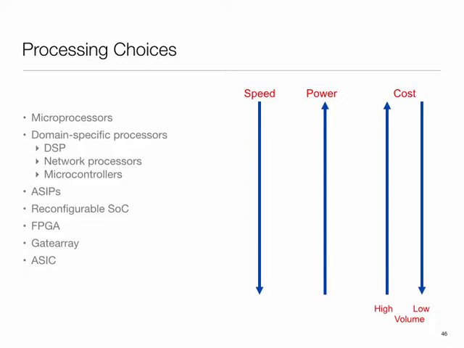And basically what it boils down to is what speed, power, and cost structures you have. Higher up you are out here, your speed is going to be lower, needless to say, because if I'm out here, then I can specialize things a lot. So performance improves. Power increases, which means it gets worse. If I go this way, that's another way of saying that again, the more specialized I am, I can do things better. But cost tends to be kind of a funny thing.